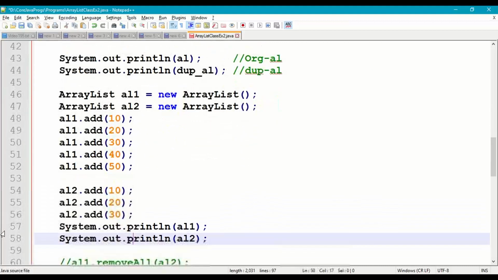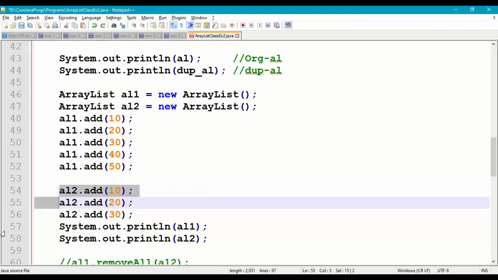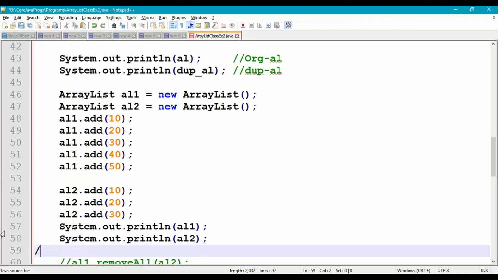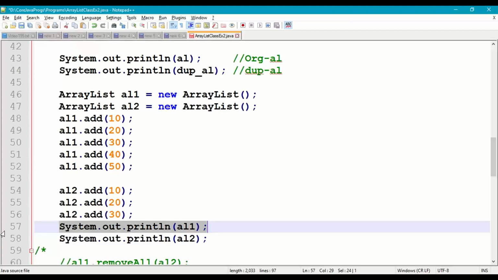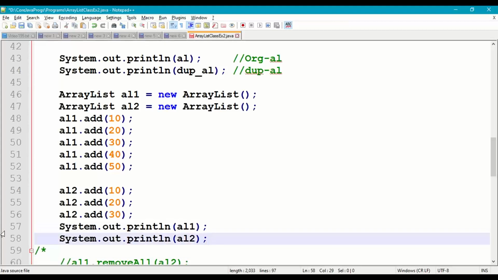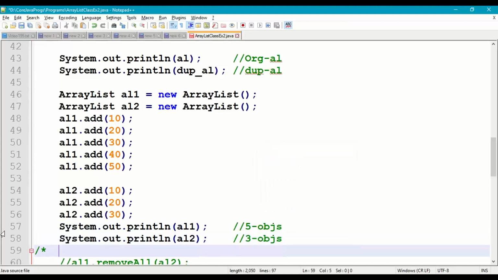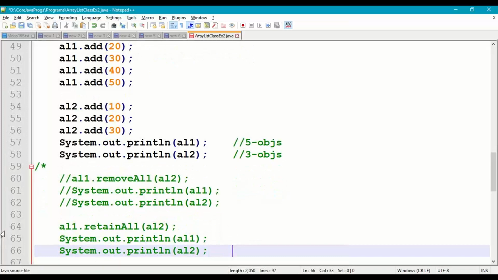In ArrayList 2 I'm adding only 3 elements, 10, 20, 30. Let us print both ArrayLists now. ArrayList 1 has 5 elements, ArrayList 2 has only 3 elements. Elements means objects here, right?